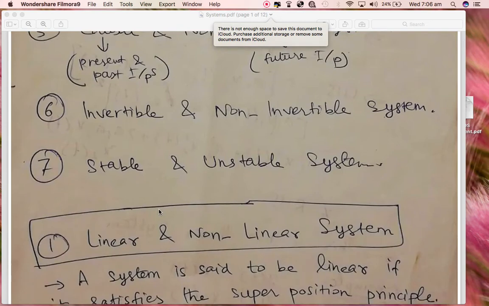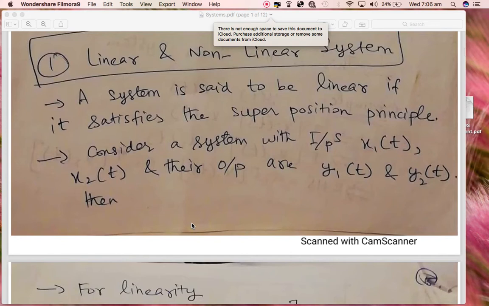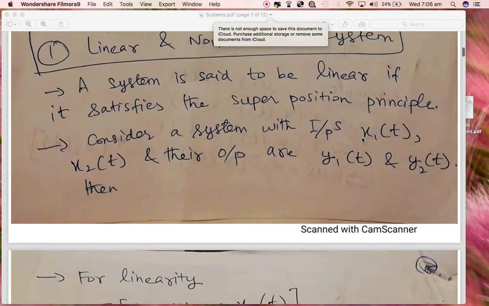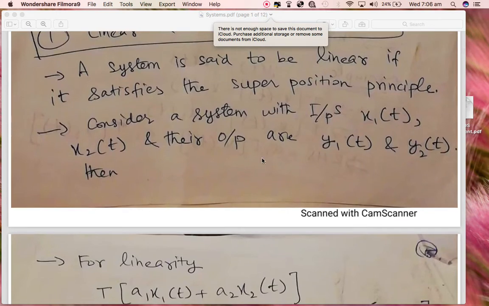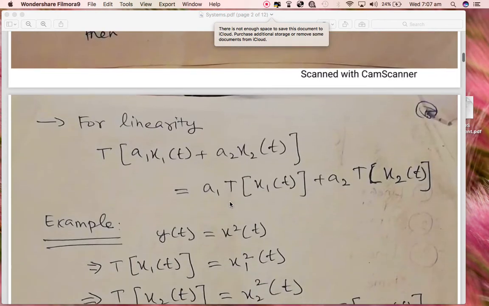So firstly we can focus on the linear and non-linear system. A linear system is the one which obeys the superposition principle. For example, we have any kind of system which is having two inputs, x1(t) and x2(t), and two outputs, y1(t) and y2(t). Then for that system to be a linear system, it has to obey this kind of condition in